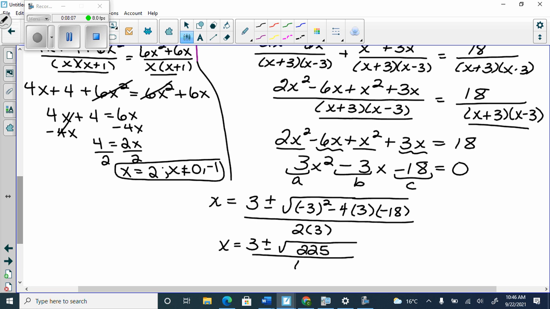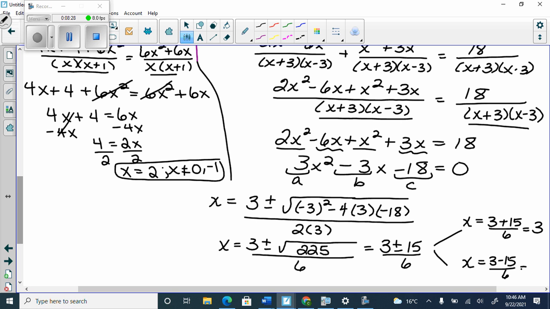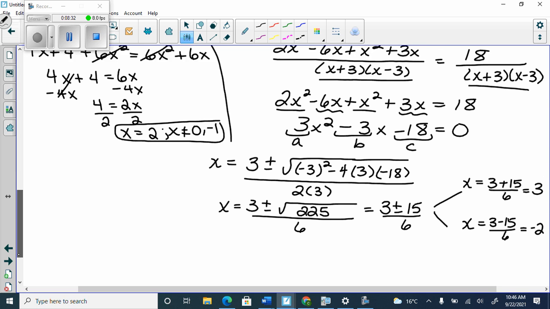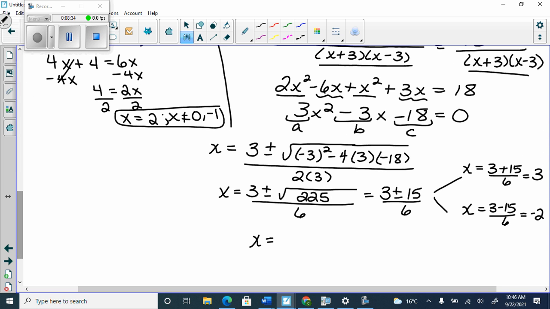The square root of 225 is actually 15. And then this splits. So I get x equals 3 plus 15 over 6, which is 18 over 6, which is actually 3. And x equals 3 minus 15 over 6, which is negative 12 over 6, which is negative 2. So my answers, this is the catch, are x equals 3 and x equals negative 2,